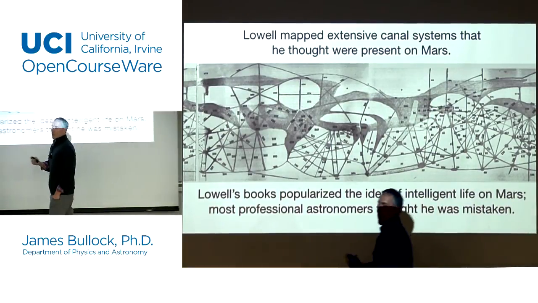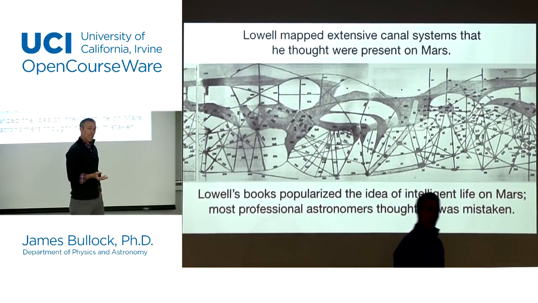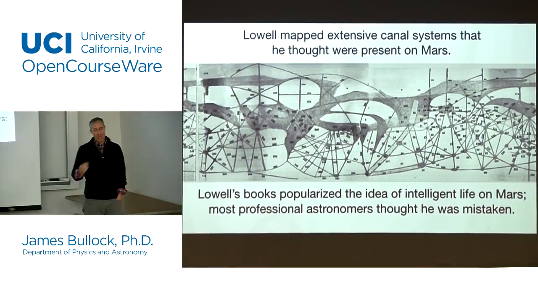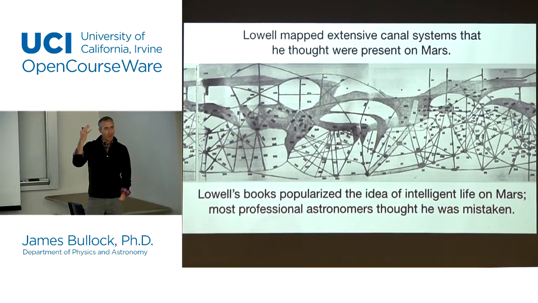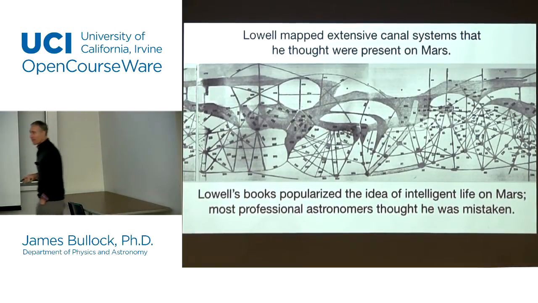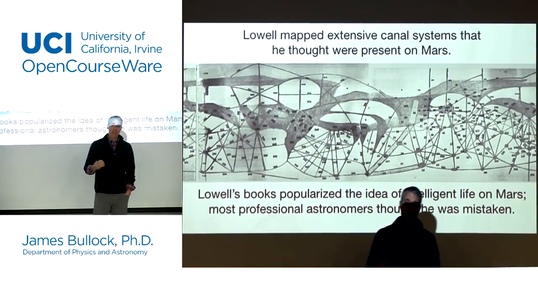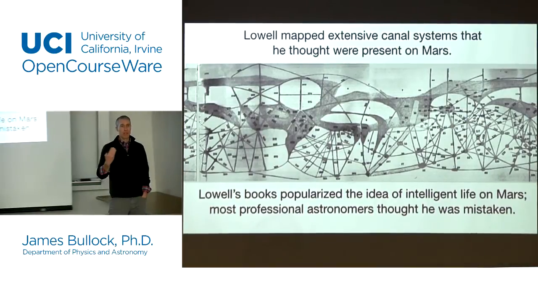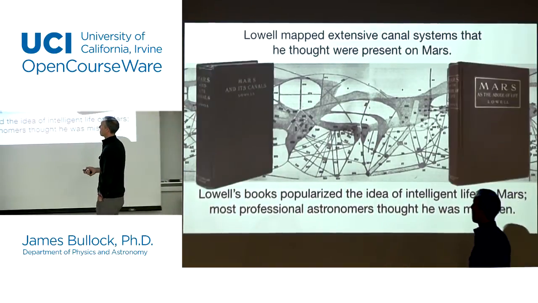At that time, most professional astronomers, people who were not Lowell, didn't actually believe him because they had a lot of trouble reproducing what he saw. He would make these maps, and other astronomers would go with a different telescope and try to see the same things, and they could never see them. Lowell always said, that's because your telescope's not as good as mine. I have the best telescope in the world. I have a great site here in Arizona, and that's why you can't see them. If you had my telescope, you could totally see these things. And so it was this sort of dialogue that went on.